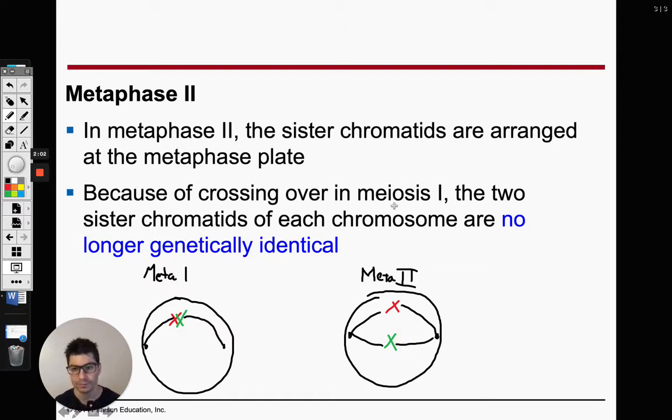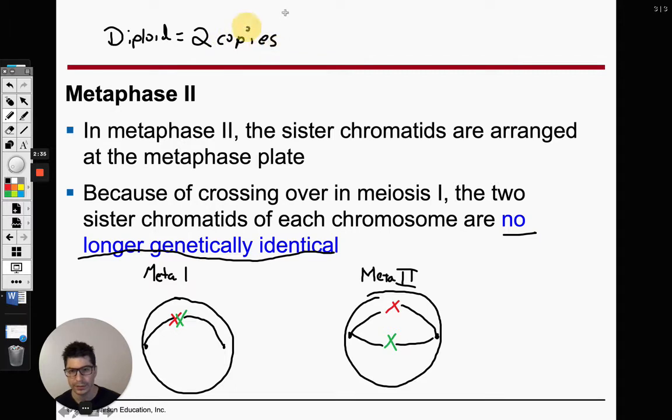Don't forget here, guys, when they get pulled apart, that these chromosomes are not going to be identical because of crossing over. So when it says they are no longer genetically identical, why? That's because of crossing over. All right? So let me go back a little bit. If you remember, when we have a diploid cell, diploid means we have 2 copies, okay? At the end of meiosis 1,